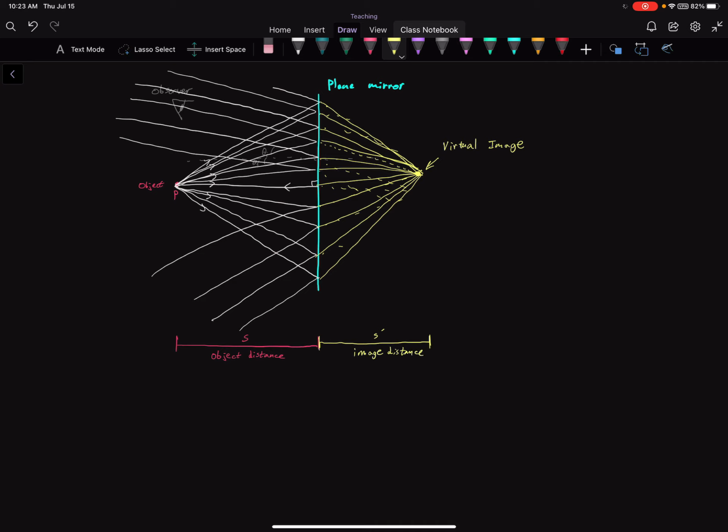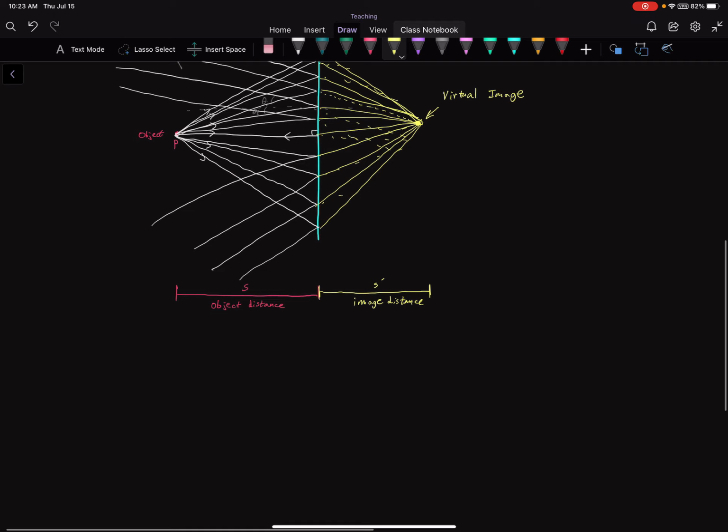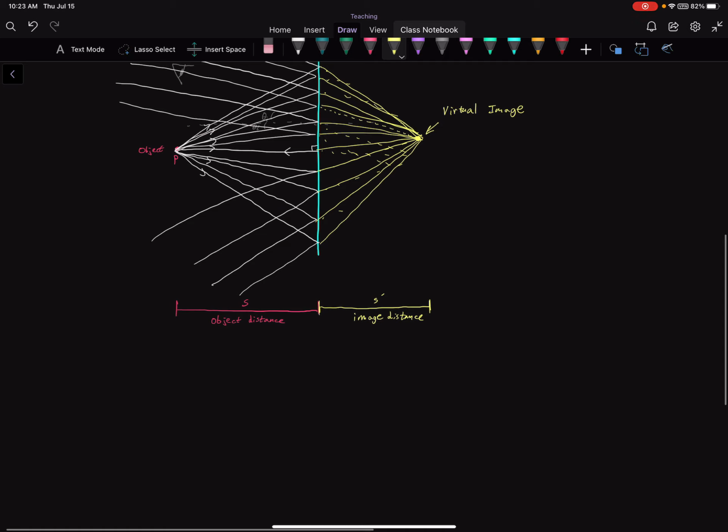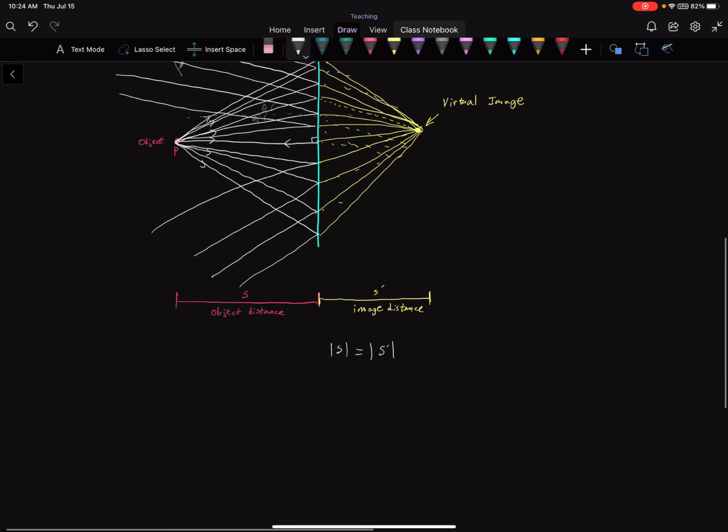And they, in this case, would be the exact same length. My drawing is not perfect. All right, so in this case, we would write that the magnitude of S is equal to the magnitude of S prime. All right. So for reflection at a plane surface, the magnitude of the object distance is equal to the magnitude of the